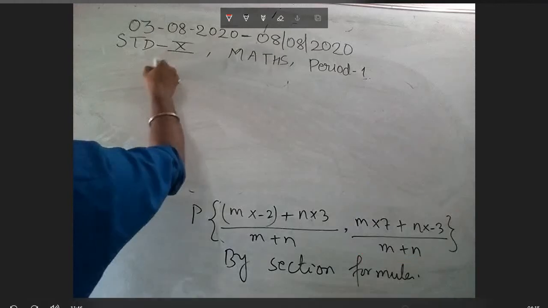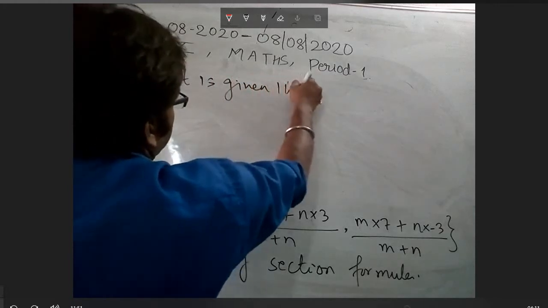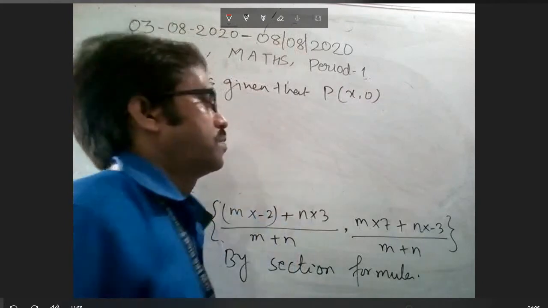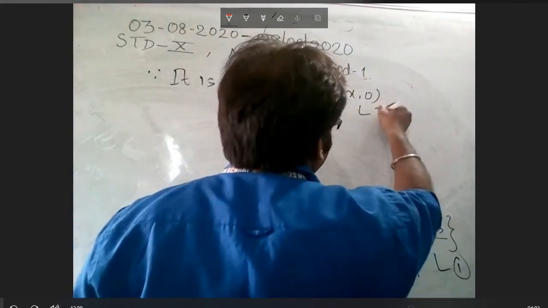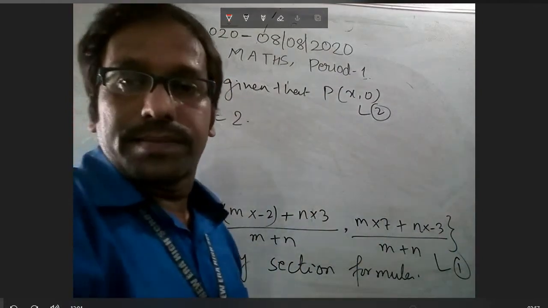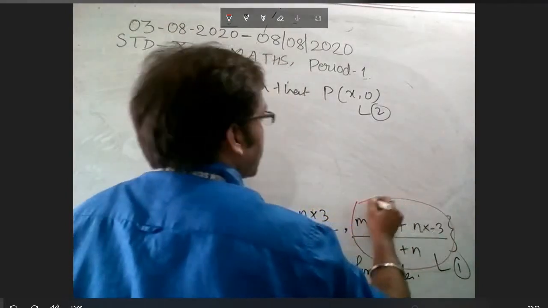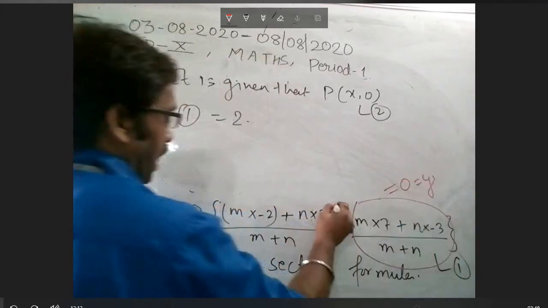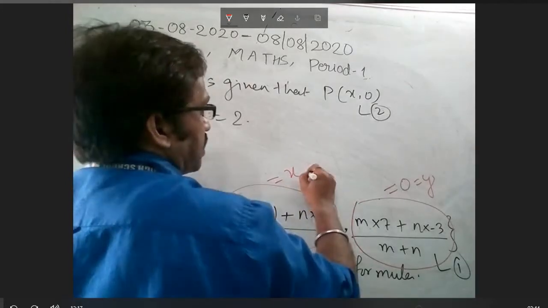Okay, let us see what I'm doing. It is given already that the point is on the x-axis. That means its y is 0. Now, for the second part, as I have said earlier, from equations 1 and 2 we can say m into 7 is equal to 0, and that is my y ordinate also. So m into 7 plus n into minus 3, that is my x point.